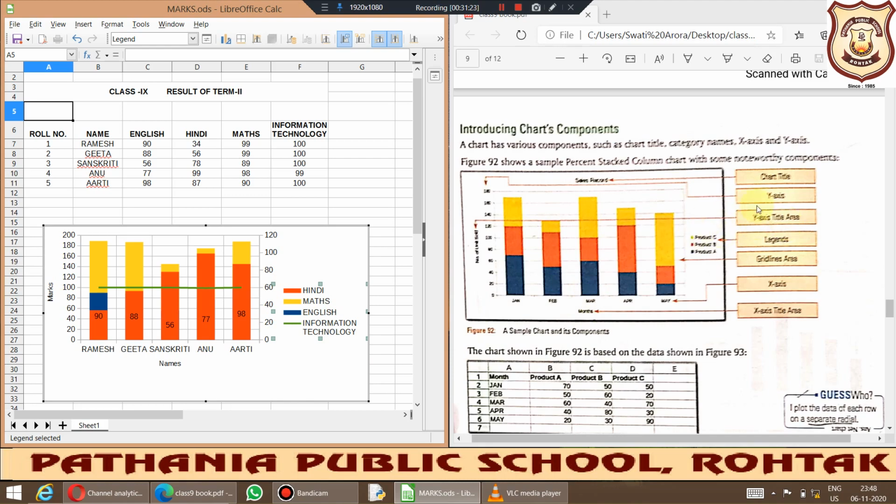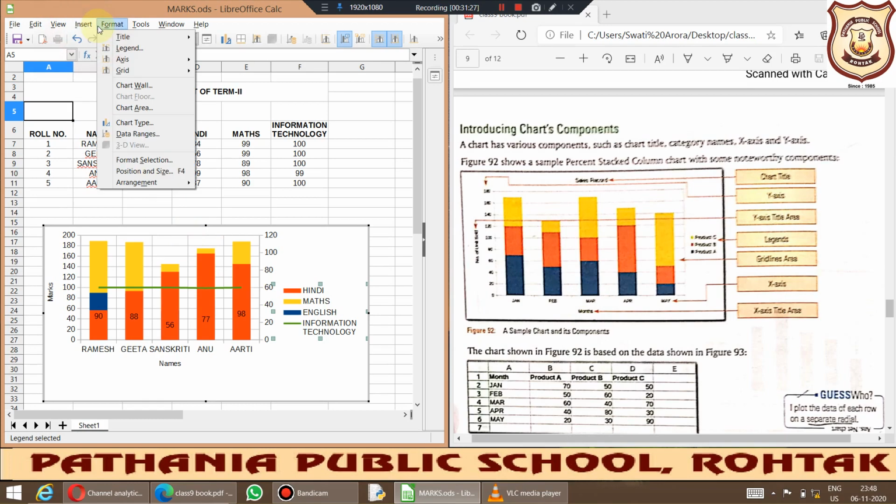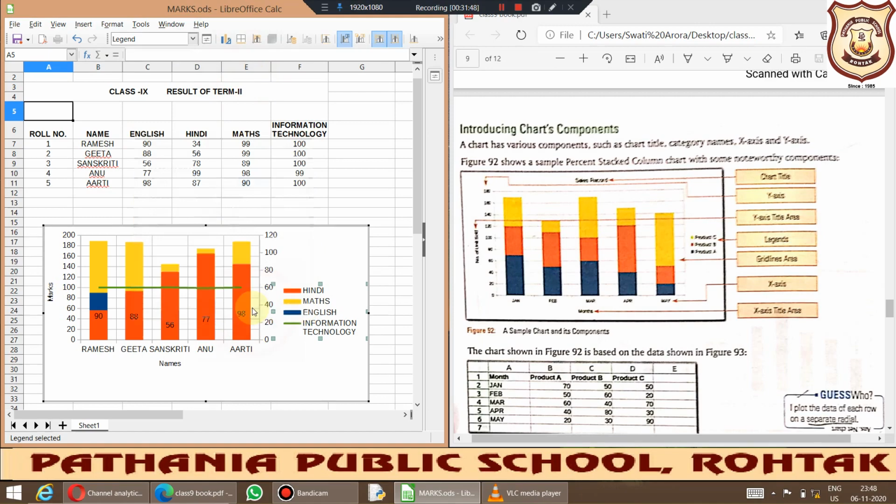Then chart title we can give. How we can give the chart title? In this tab you will get the titles for x-axis and y-axis, and when we are drawing the charts, then also we get it. If you want to add the grids also, major and minor grids, you can add them. I have already added these grids. These are the lines that give you a graph-like appearance.